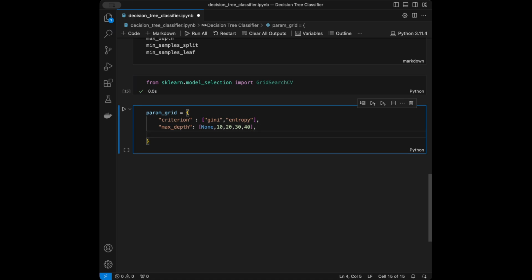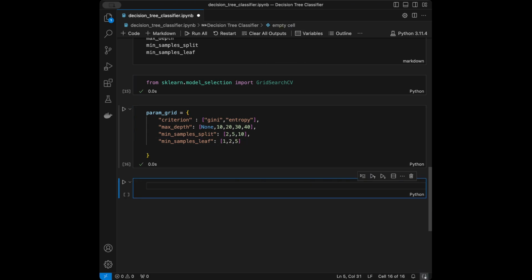You can train the model, get the best working parameters, and if you find the best performing parameter like 40, you can extend the list. You can add 50, 60, completely up to you. And I will say min_samples_split, and we can say 2, 5, 10. Again, you can extend these values. If you extend these lists, you will have more chance to find a better performing model, but it also means more